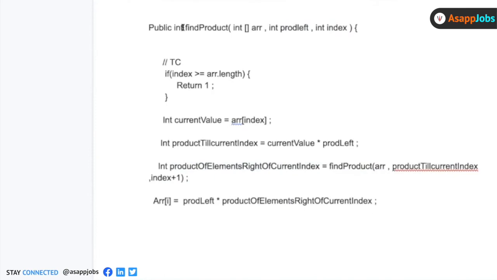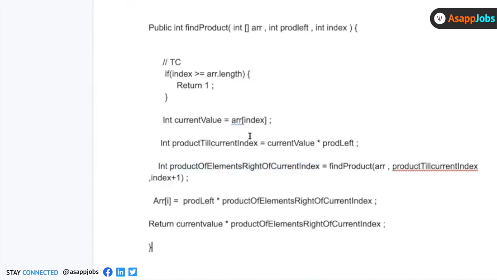But this function is returning the product of the current index till the end. So I have the value of the product of all the elements to the right of the current index, and if I multiply with the current value, this is what this function should return. So this function should return current value into